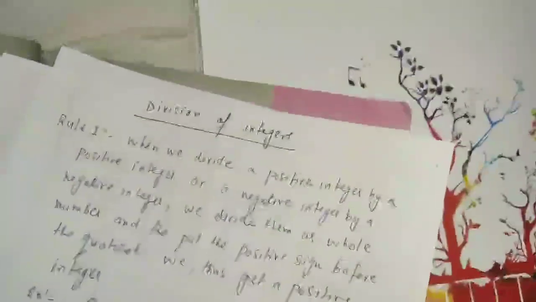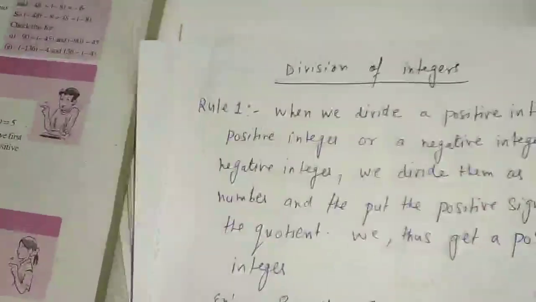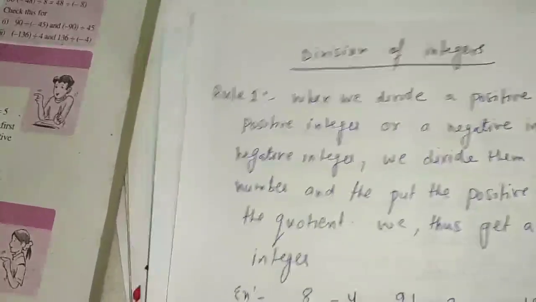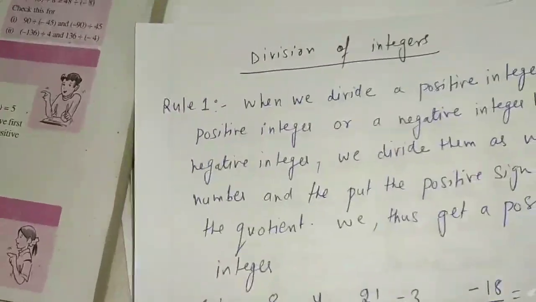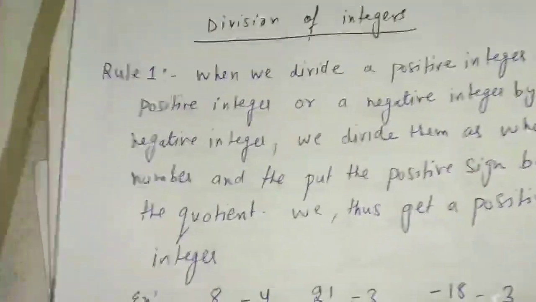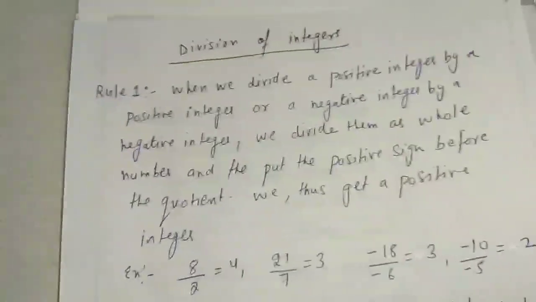1.3. So now the next is the division of the integers. Now we'll discuss the division of the integers. Next exercise is based on the division of the integer. Today I'm just going to tell you the rules for the division of integers. Okay, these are very simple because other properties are already studied in the multiplication and the addition of the integers.